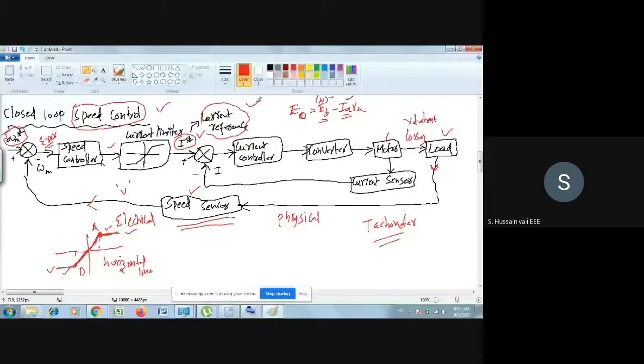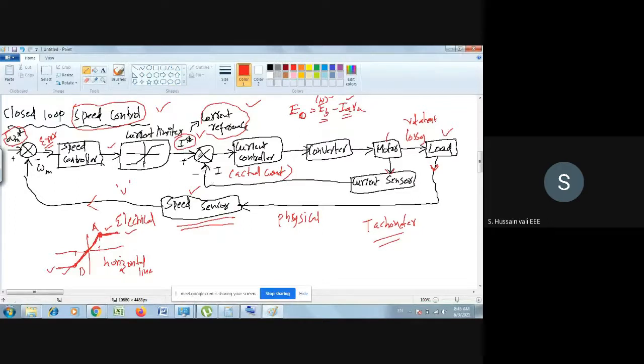That's very important. So once you have the reference current, then what is the actual current? This is the actual current. So from where are you getting the actual current? You are getting the actual current from the current sensor. So where is the current sensor? The current sensor is connected to your motor. So the motor has some current, and that current will be sensed by the current sensor. Then the output of the current sensor will go here.